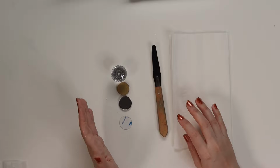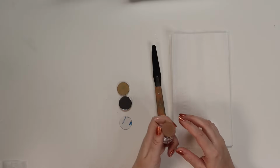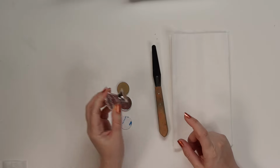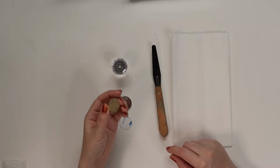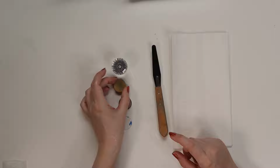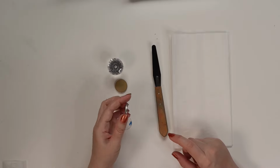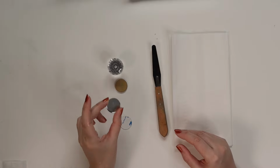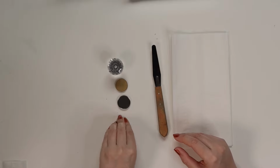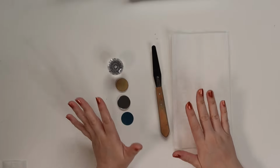I don't have pressing tools for all those different shapes of eyeshadow, so you can use a pressing tile. This one I got from TKB Trading a long time ago. If you have 26mm round pans, you can also just get a pressing tile without the little doorknob on top. You can also use an empty eyeshadow pan, but I don't think this one's going to fit perfectly downwards. And then you could also use a magnet, but I really want to show this to you bare bones